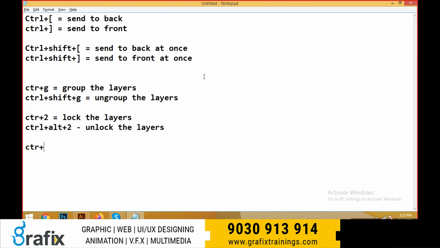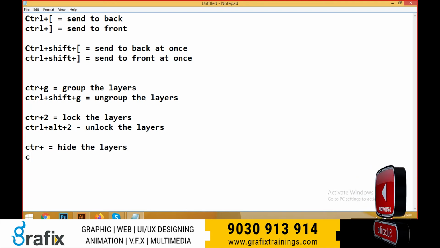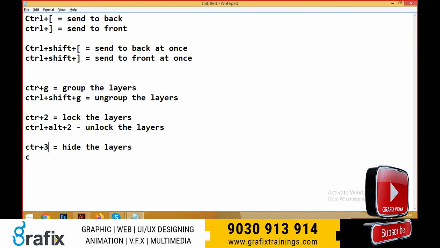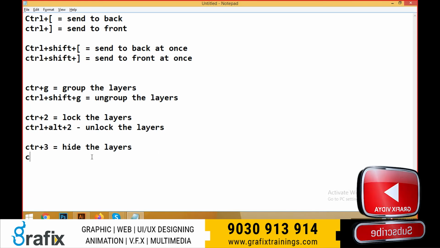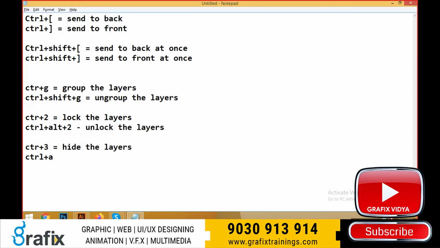Control 3, hide the layers. Control Alt plus 3, unhide the layers.